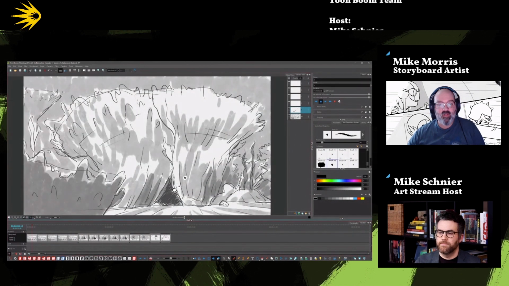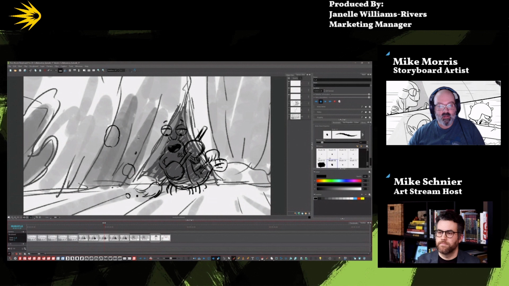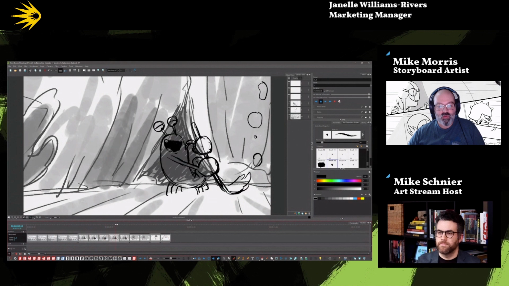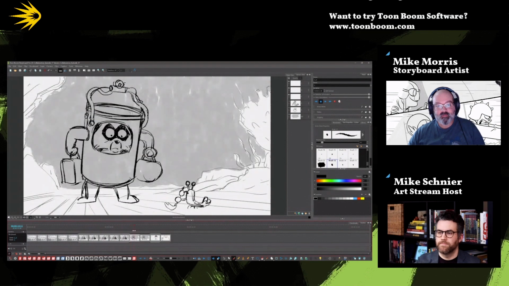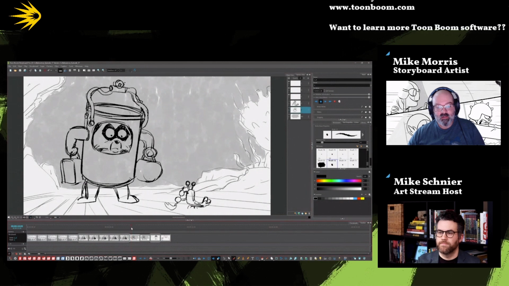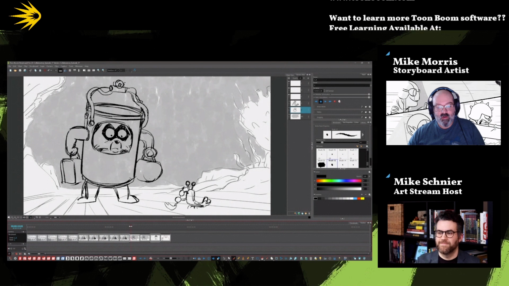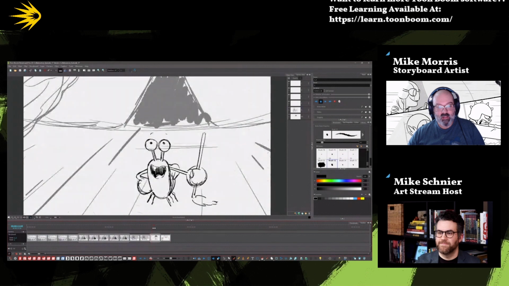So we have a coral reef. Slight upshot, not too bad, but it's establishing where we are. Some bubbles coming out. And then we cut into somebody emerging from the coral. We see a Mantis Shrimp who is sweeping and talking about how great his home is. Then he looks up to see a big panda in a bucket, like a thrown together deep sea diving suit, who just looks at him and drops his bags